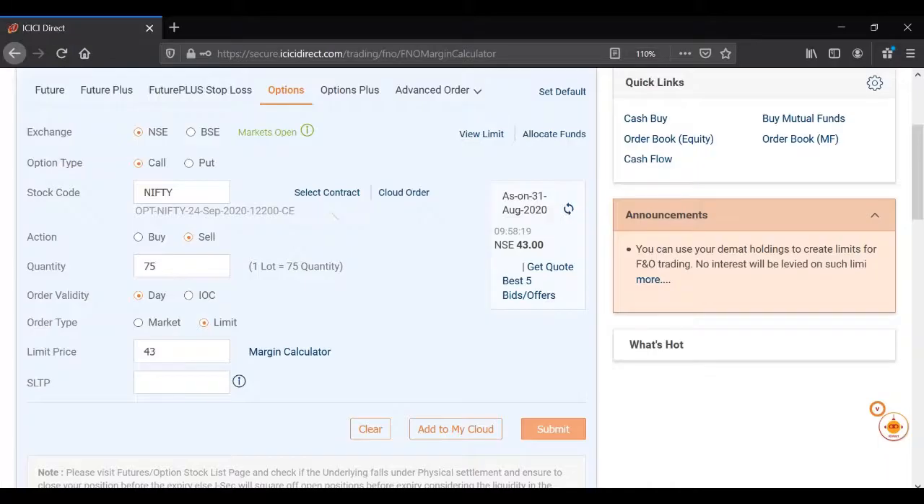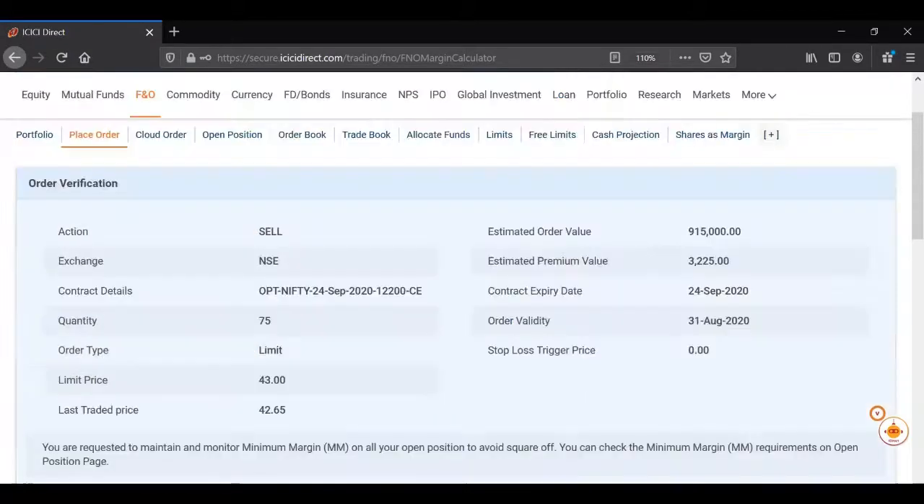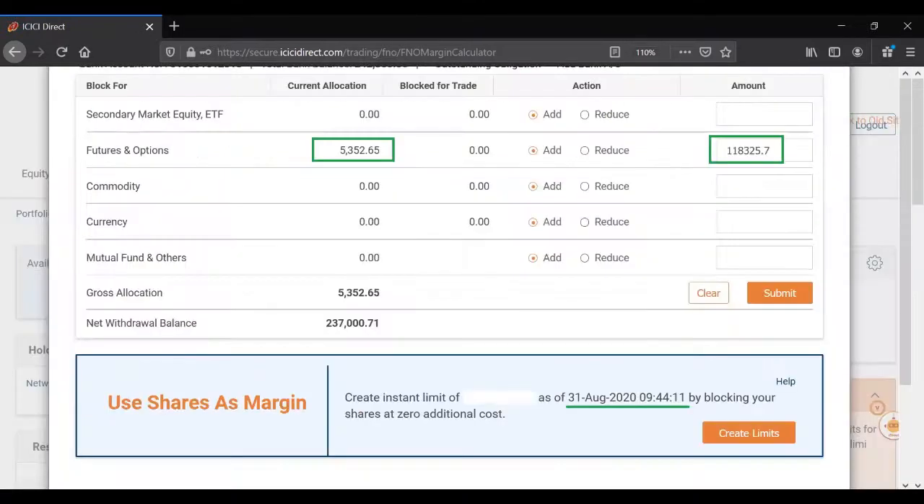Now I am going to place the same order for 43 rupees. It is trading a little less. The last trade price is 42.65. So I will try a market order so that I can finish the video quickly. When I try to execute the order, it clearly says that I have an allocation of only 5,352